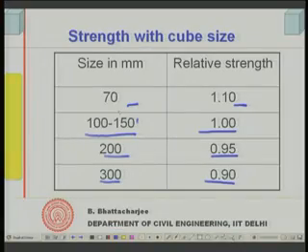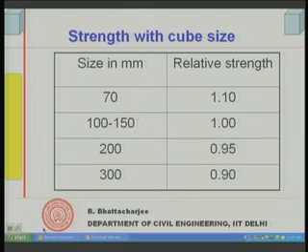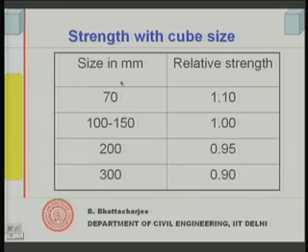Normally that is why this size has been standardized, but many European codes actually allow testing of different sizes of cube, but you can compare a given size with the same size only. That means, if one mix is made in a 75 millimeter side length cube and another mix in a 150 millimeter side length cube, that is not comparable. After all, they are meant for comparing the strength potential of a mix, and thereby the same size should be compared. So, size has some effect; this one must remember.